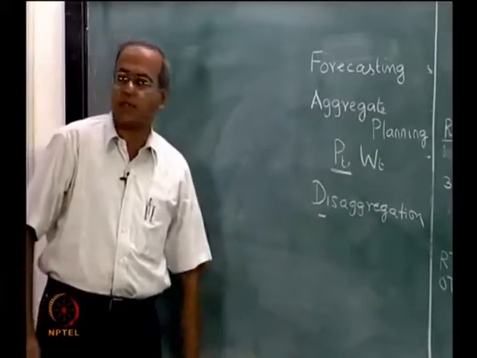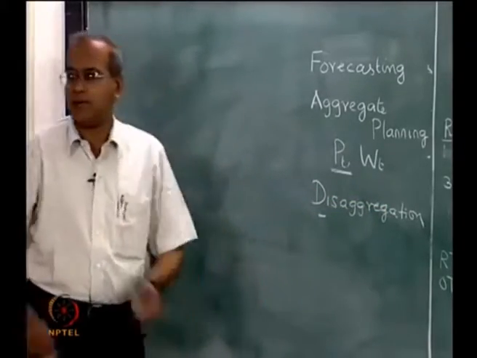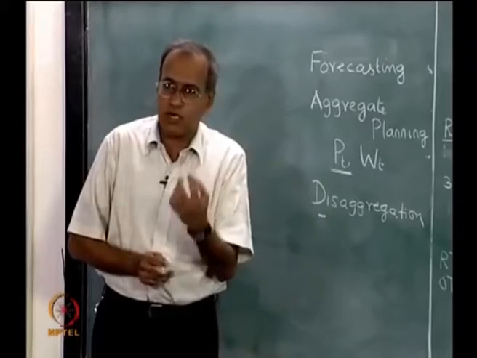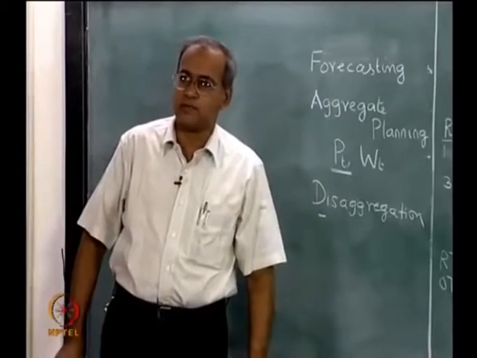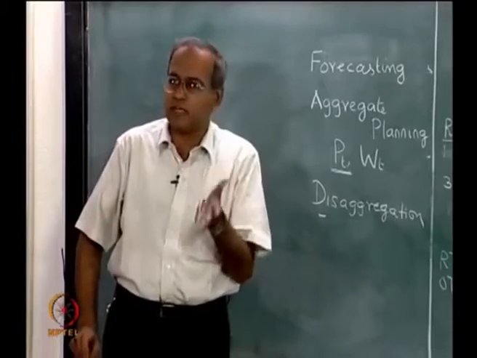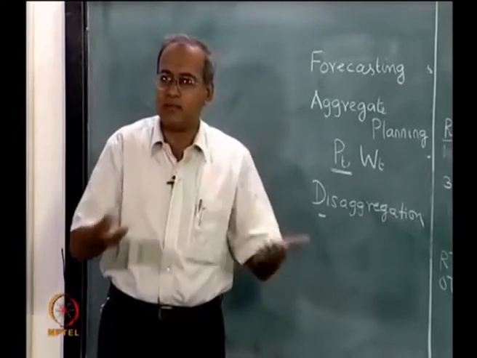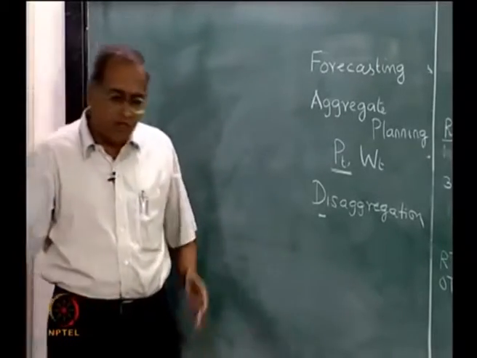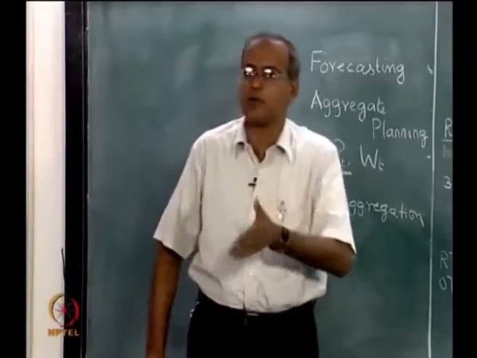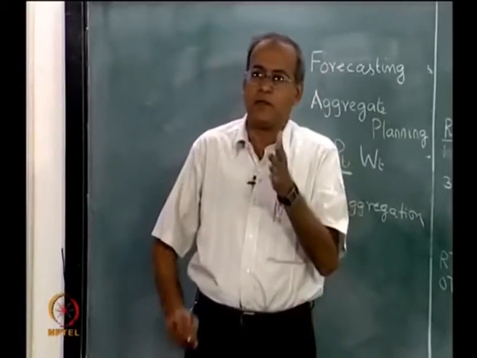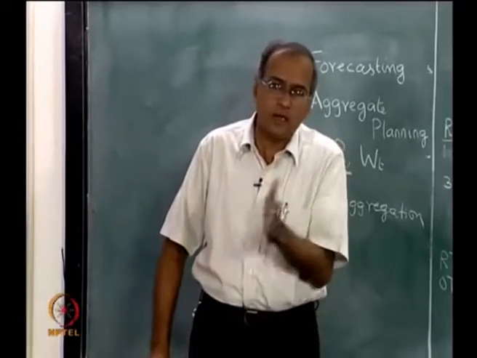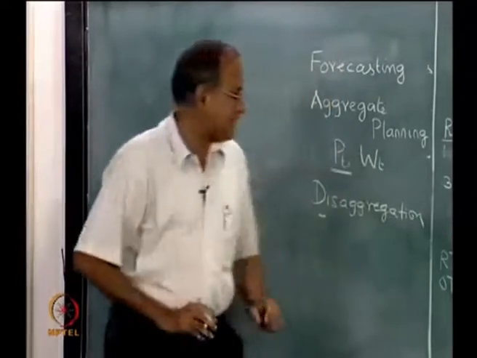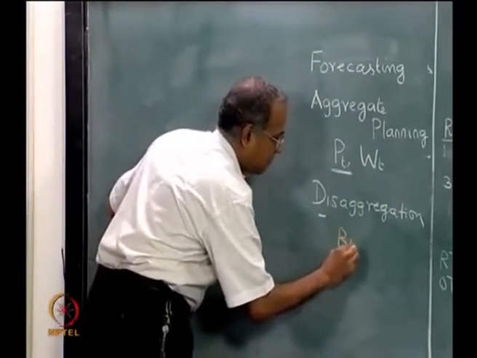Now, after we answer that question, or sometimes even parallelly, what are all the things that we make, individual quantities of each of these final products, and then each of these final products has its own set of assemblies and sub assemblies and bought out components. So, if a certain number of final products are to be made, what is the corresponding number of the bought out items that we should have? Now, that is answered by what is called the bill of material,